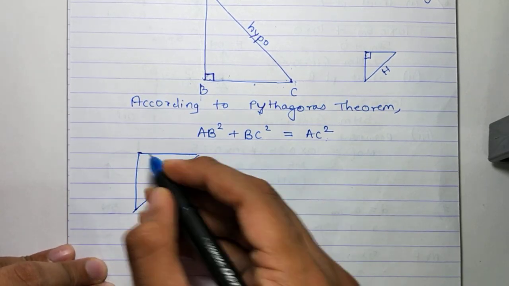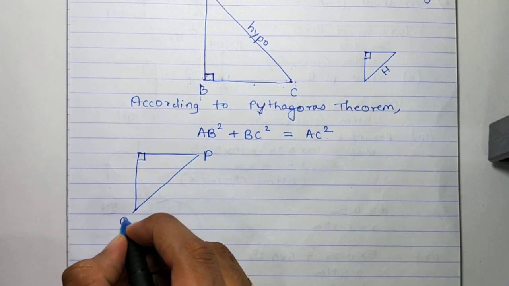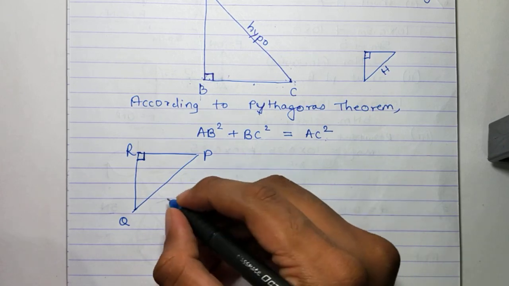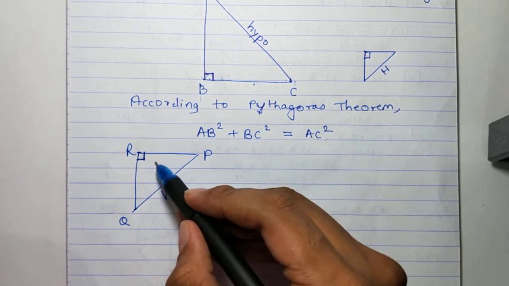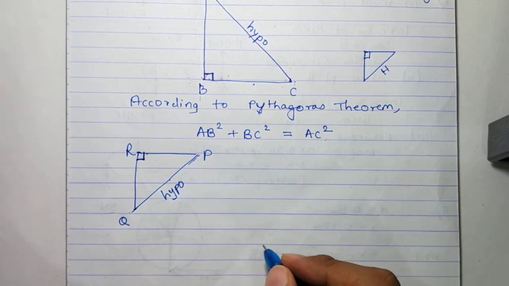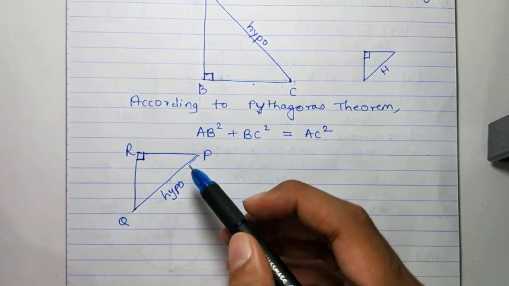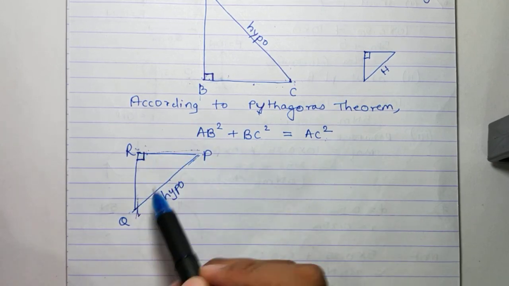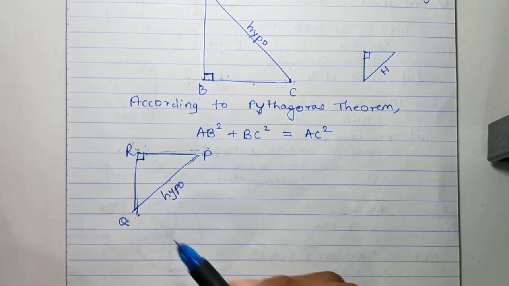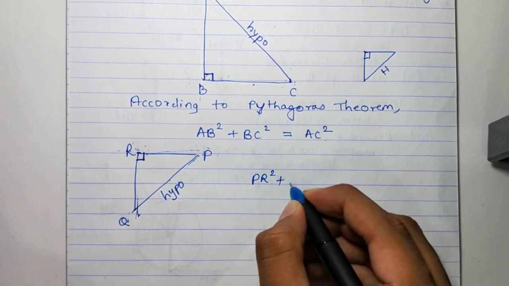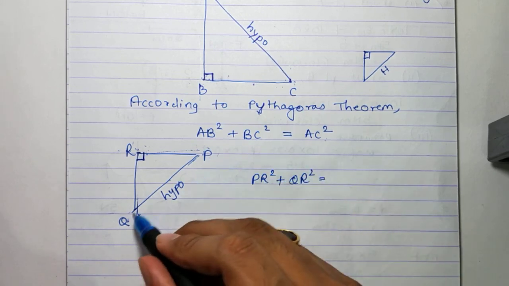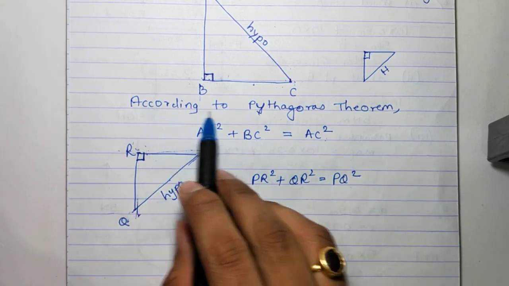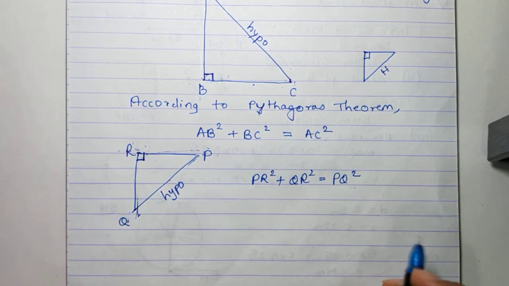If let's say the triangle is like this, okay, and let's say I have P, Q and R. So this is 90 degrees here. So this will be the hypotenuse. Side opposite to 90 degrees is hypotenuse. Okay. Now according to Pythagoras theorem, in this triangle, if this is the hypotenuse, these are the sides which contain the right angle. बाकी की दो sides ये है. This is PR and this is QR. So PR square plus QR square will be equal to PQ square. Okay, you have to write according to Pythagoras theorem, and then you can put the values of these sides.